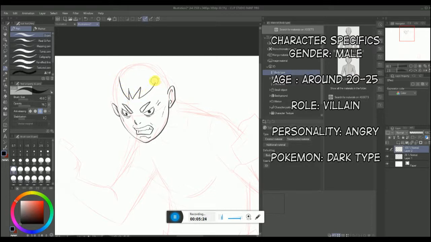He's a dark type user, so I'm going to draw the hair accordingly. I'm going to give him these stylized eye-like glasses.